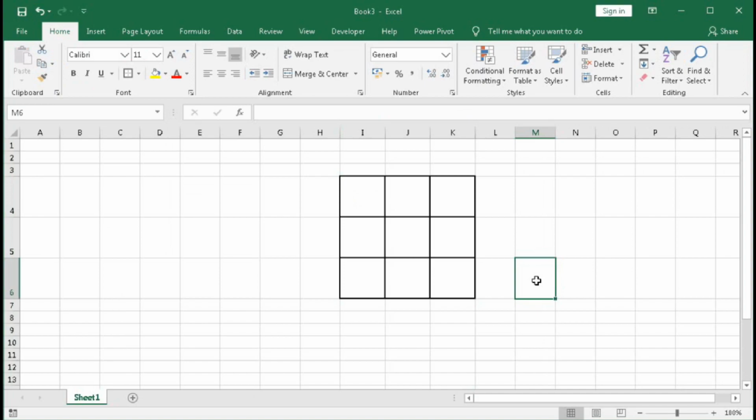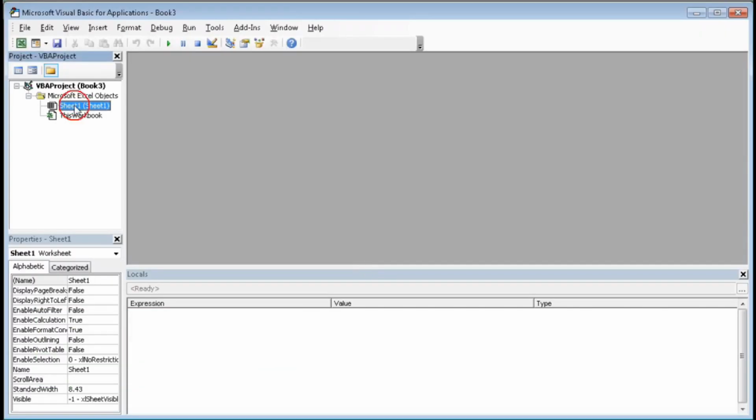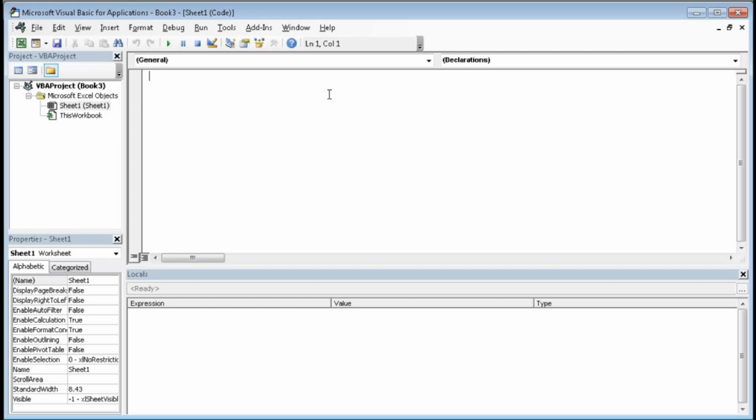Now, our first work is to create a VBA code so that whenever we select a cell, the value of this cell moves to another cell. Let me make it clear: when we select a cell, this cell value will be copied to this cell or this cell or this cell, whichever is blank. This can be done with the help of the VBA selection change event. First let's open the Visual Basic editor, press Alt+F11, and now here in the sheet, double click. So we got the page for the sheet. Now select worksheet. By default we got selection change.